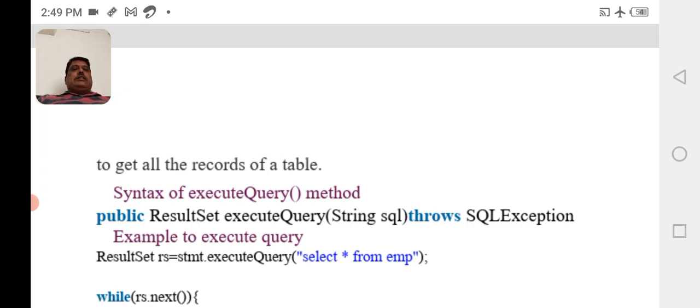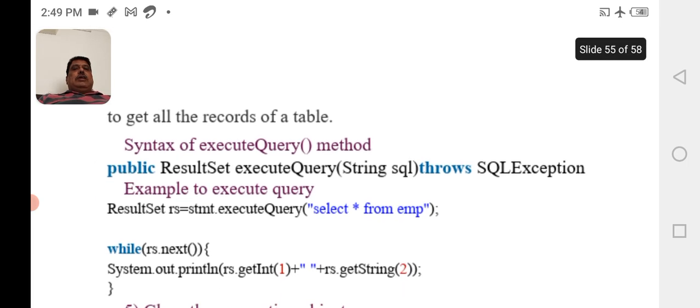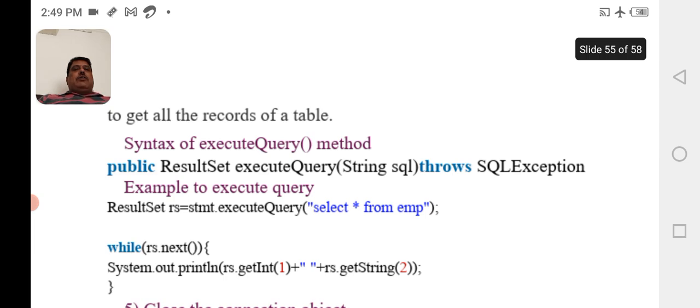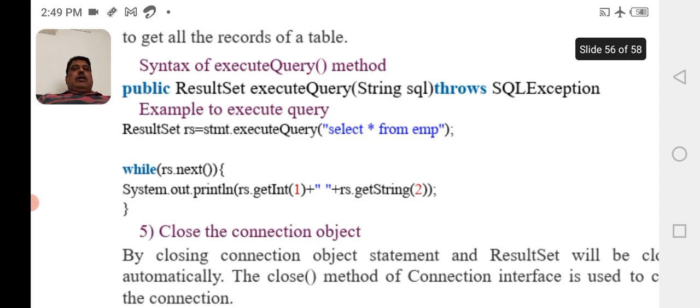Its syntax is: public ResultSet executeQuery(String sql) throws SQLException. Example: ResultSet rs = stmt.executeQuery("select * from emp"); while(rs.next()) System.out.println(rs.getInt(1) + " " + rs.getString(2));